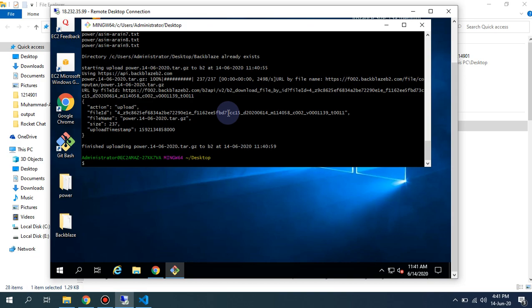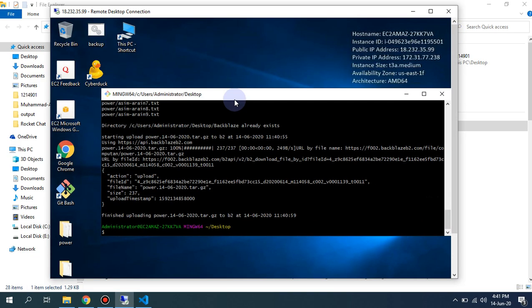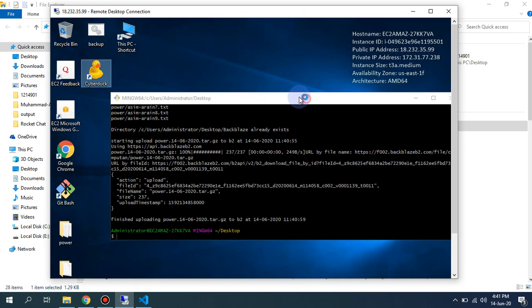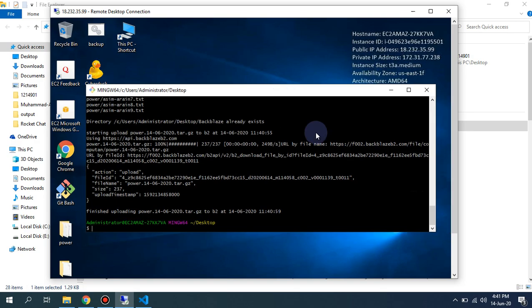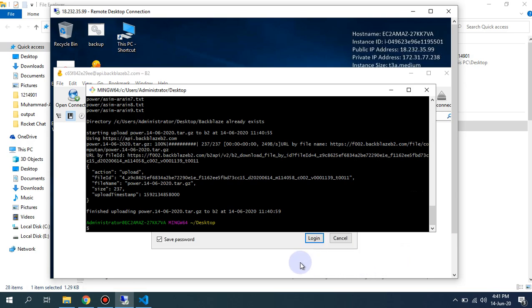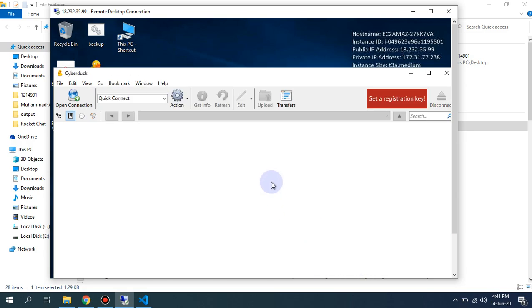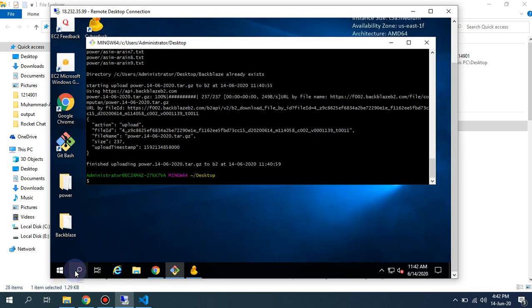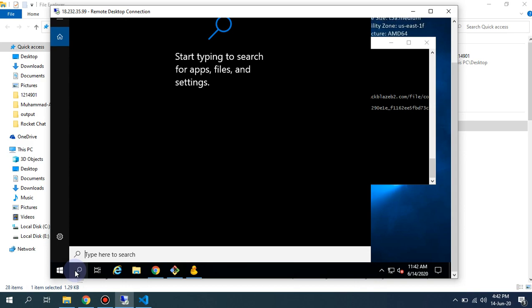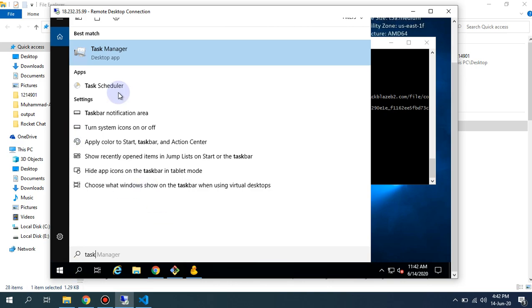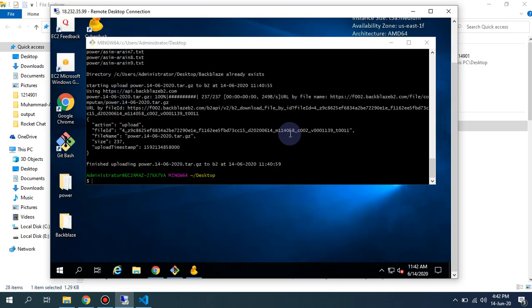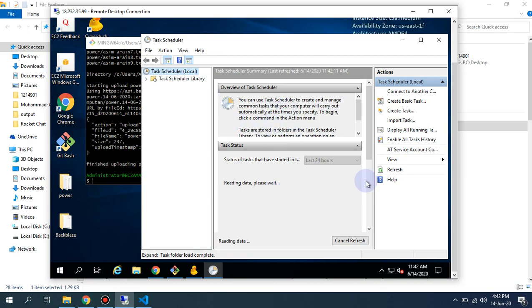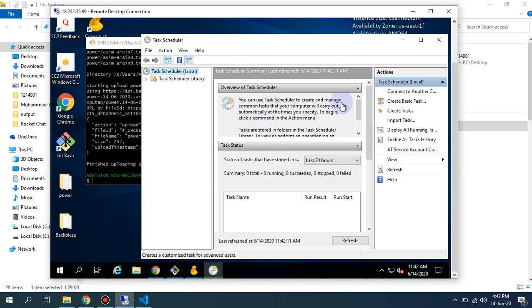So what I'm gonna do, and then I'm going in this part. Now I'm going to show you the stuff with regard to the automation of this. So let me open the task scheduler. So this is the task scheduler. What I'm gonna do, I'm going to automate this. So I'm going to create one simple task, create task,